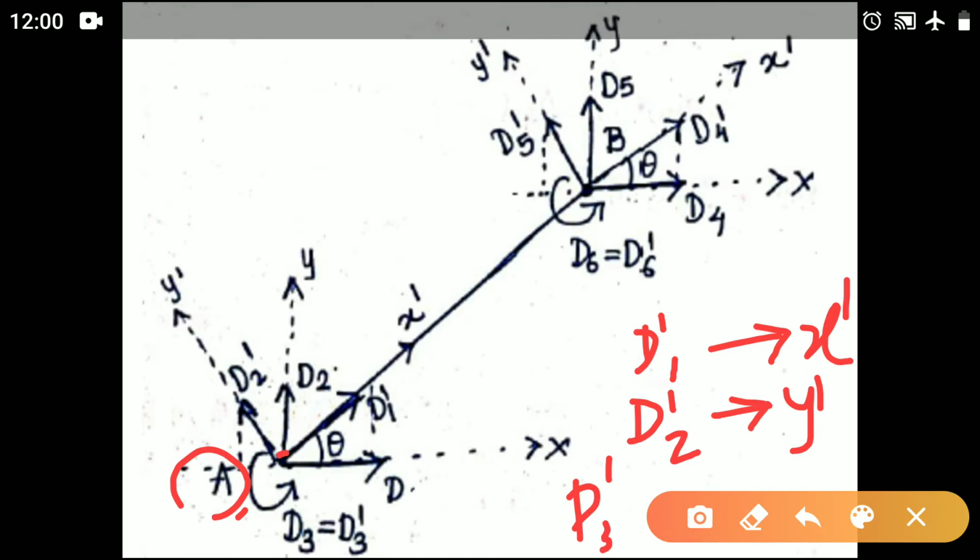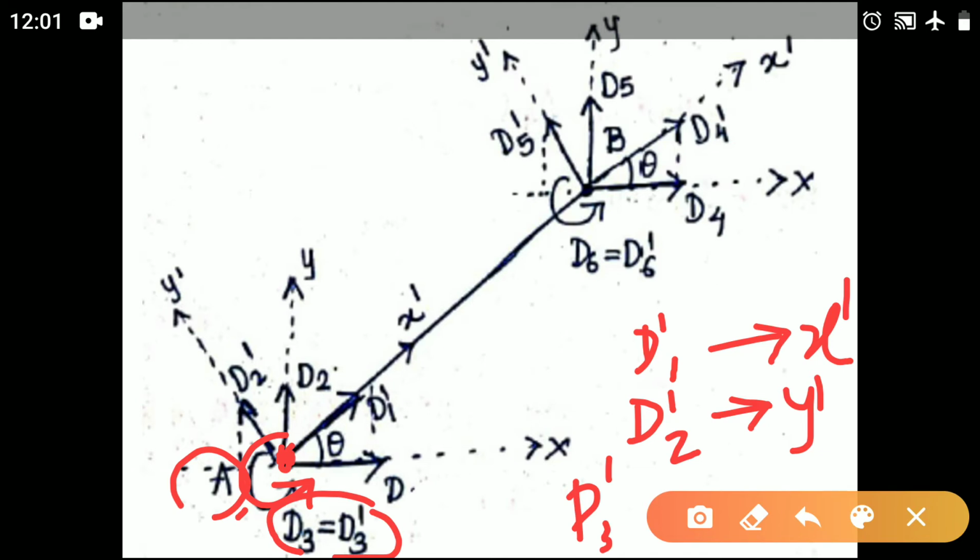That z axis is towards the observer, and that moment d3 is the moment about that axis. So if you take that z axis in the local coordinate direction or in the global coordinate direction, that axis will be the same line. For both local and global coordinate systems, the z and z dash axes are collinear. Therefore this moment d3 and d3 dash are shown equal.